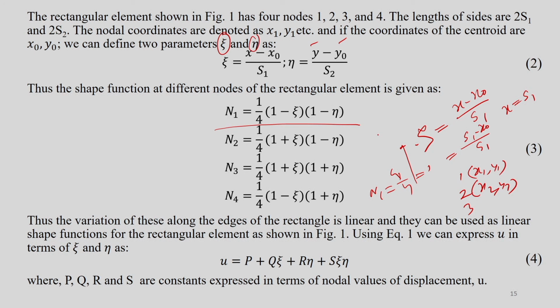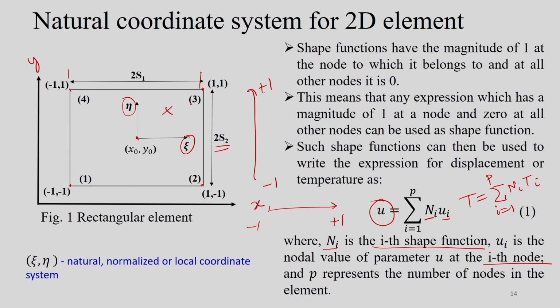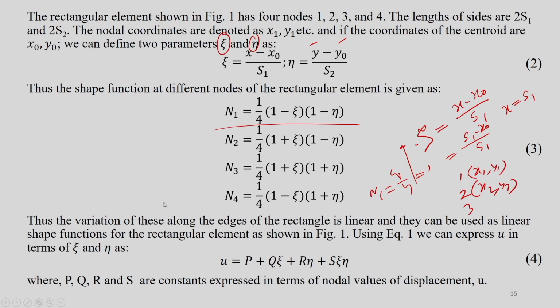In general form it can be written, but plus minus depends on which part, whether this part is plus plus, this part is minus plus, you can divide in these 4, this is minus minus, this is plus minus. So, accordingly these coordinates can be given plus plus, minus plus, minus minus, plus minus. So, that is why we can map with the local coordinate system, and represent the different shape functions in terms of these parameters.